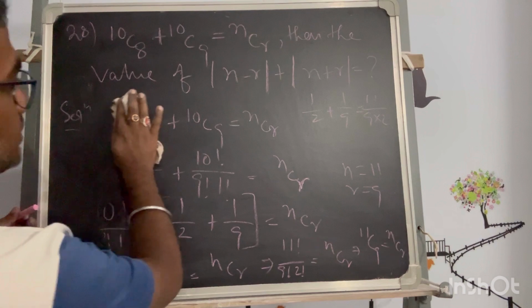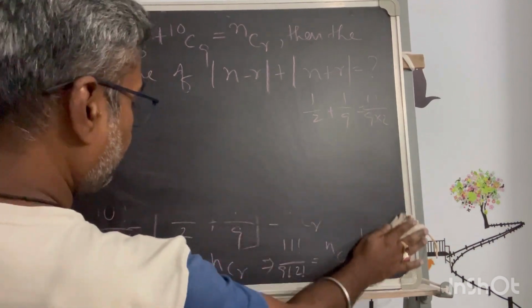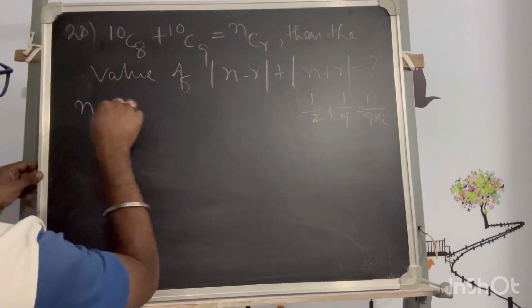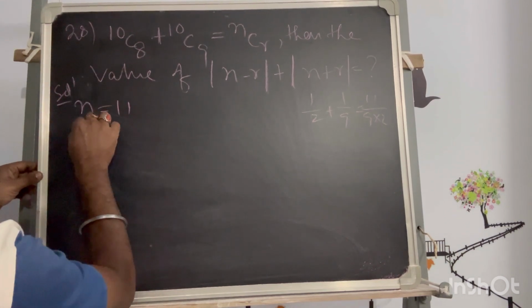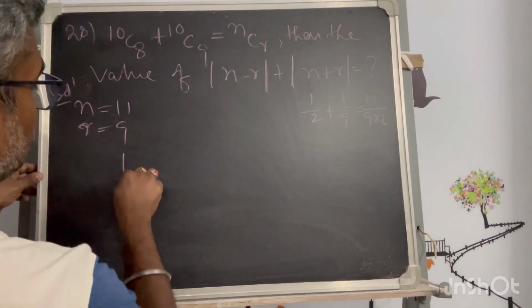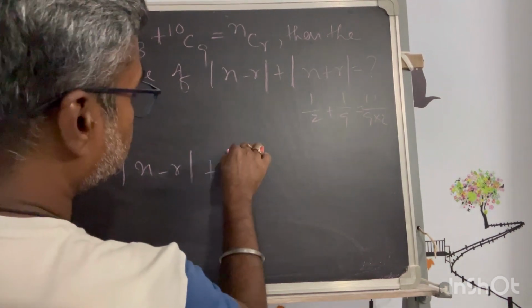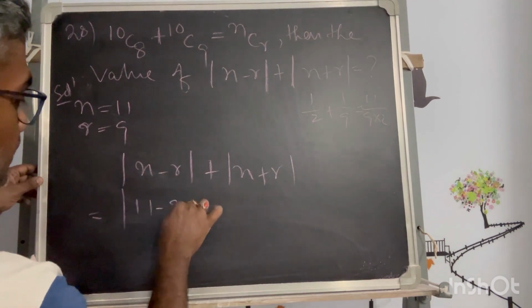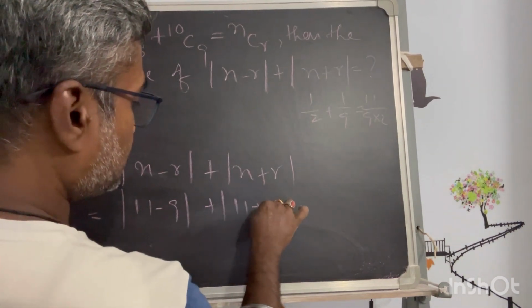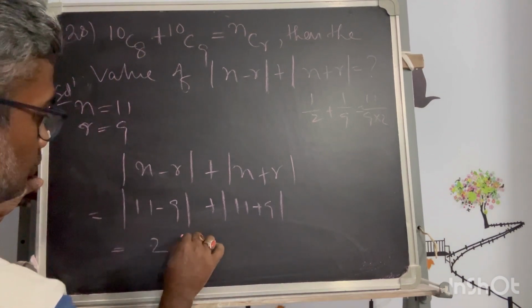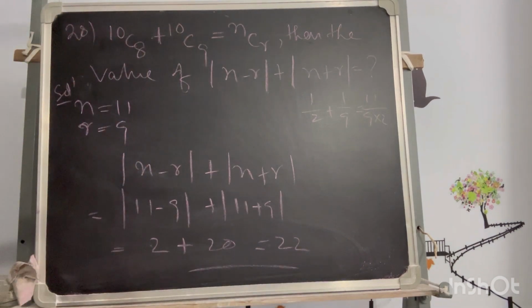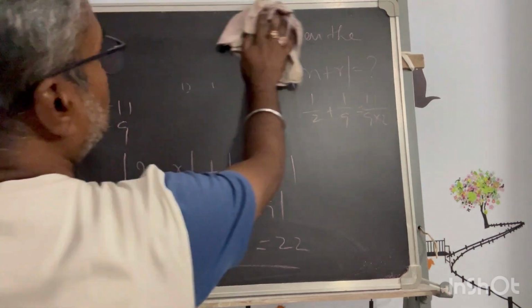Now the next thing that I need to do: we have found already N is equal to 11 and R is equal to 9. So the thing N minus R plus N plus R equals 11 minus 9 plus 11 plus 9. So that is equal to 2 plus 20, that is equal to 22 is the value. Understood? Okay. Moving to